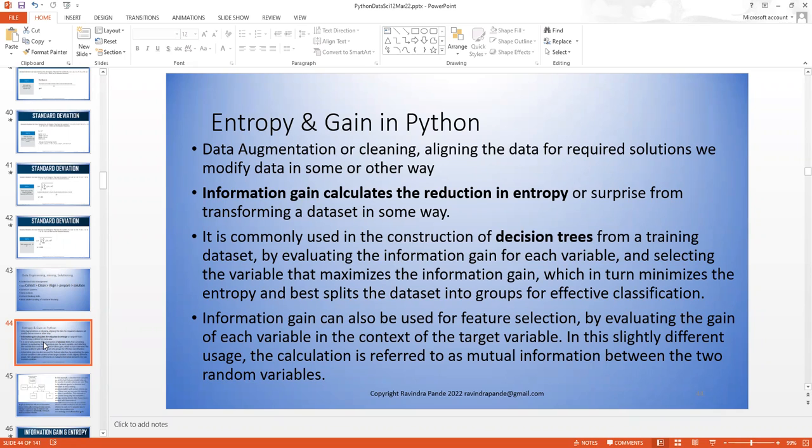Now let's try to understand this statement. Information gain calculates the reduction in entropy. There are two words we might not have used earlier, or surprise from transforming a data set in some way. Entropy is what we call surprise or the unknowns, and information gain is whatever we want to know. So there's a known and there are unknowns. We are trying to get the knowns from the unknowns, and we try to remove unknowns